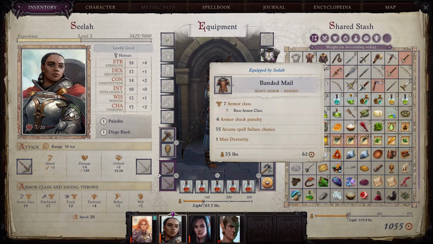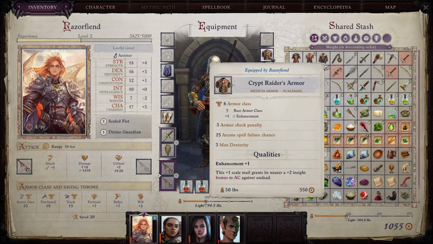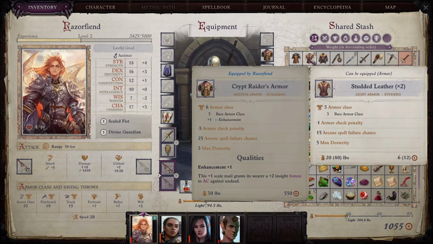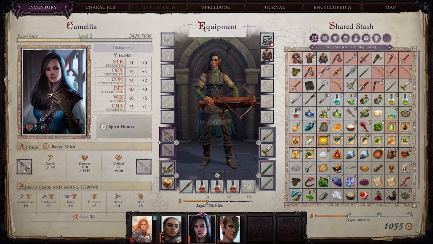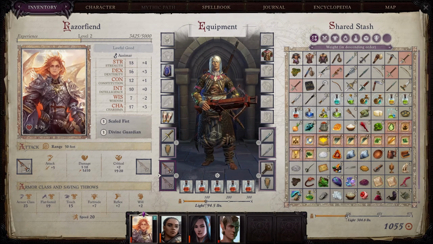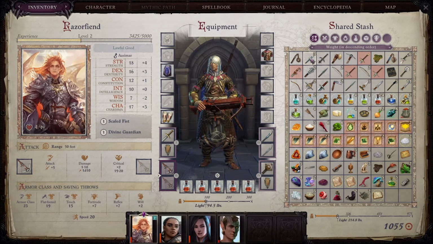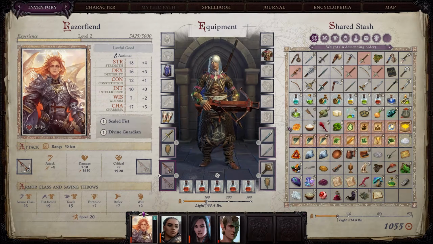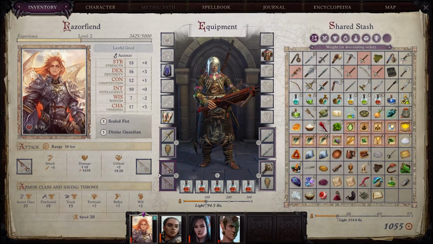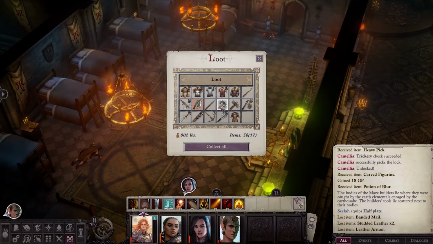I guess that is better than the banded mail, so it's an upgrade for her. Which is nice. We so rarely get upgrades. Yeah, Crypt Raider armor's better. Studded leather. Nah. She casts, so I don't want to equip her with anything that's going to decrease her chance to hit with spells or use spells. Alright. Doesn't look like there's anything here that we really...